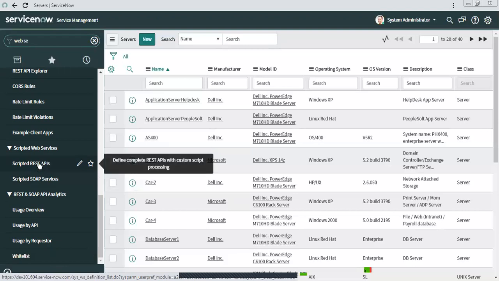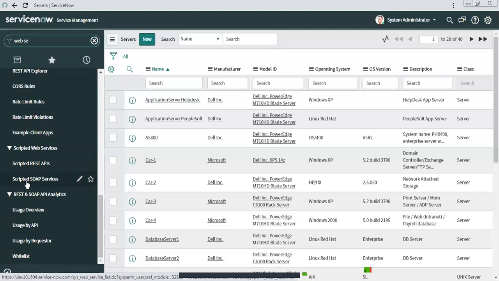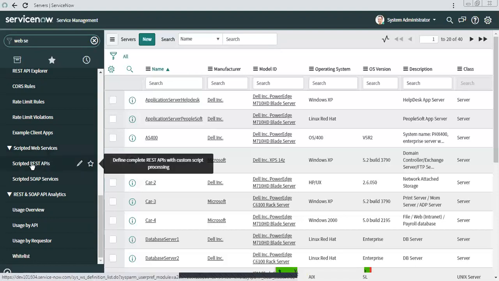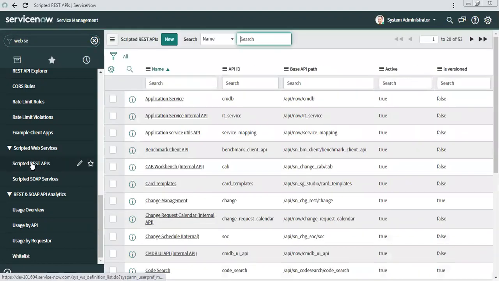If you remember, when we created the import set, we shared the endpoint through the REST API Explorer. We also had the SOAP WSDL on the web service, so you could use any one of them. But when you are talking about scripted, if you are designing a REST, that is only capable of REST. You have to design either REST or SOAP; designing one will not cater to both.